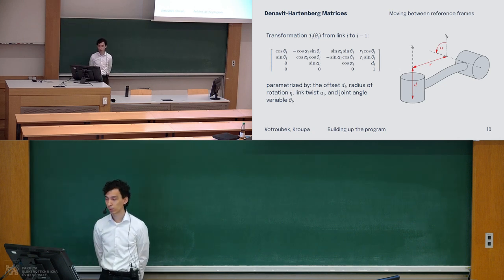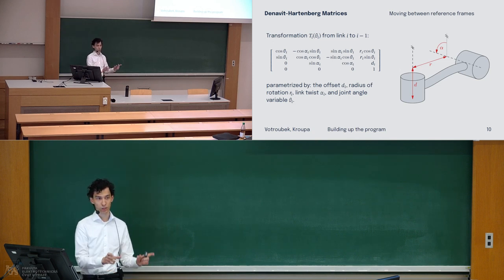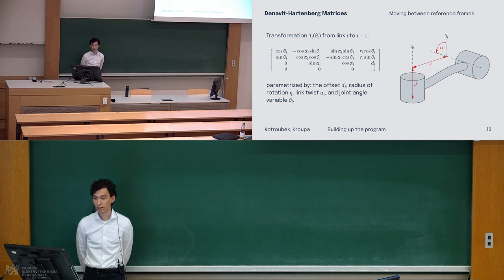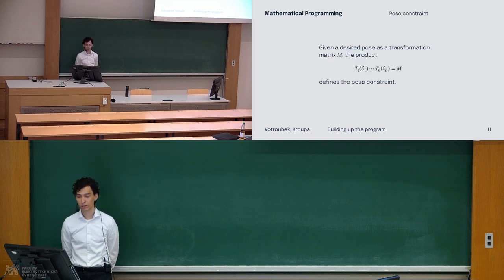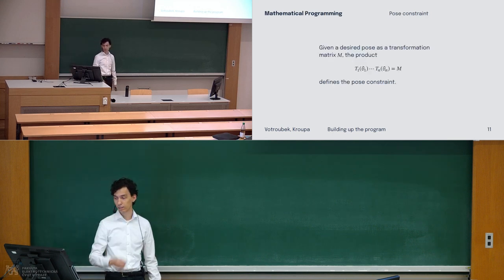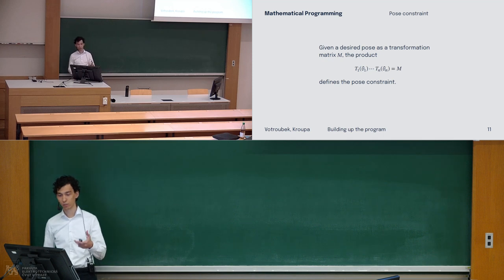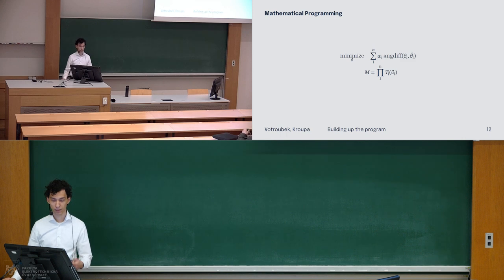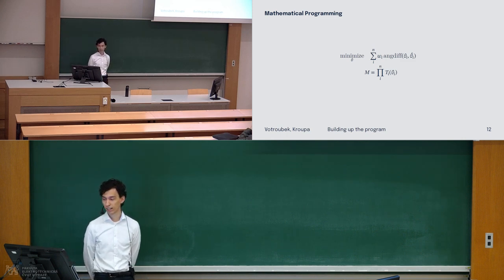So if you want to go from the coordinate system of the end effector back to the coordinate system of the base, you just multiply all of the transformations induced by the individual joints. Then you formulate your desired transformation in the coordinate system of the base for the end effector, the position and orientation as a transformation matrix, and you equate the two sides. The actual transformation induced by the manipulator and the desired one. So we add this as a constraint,